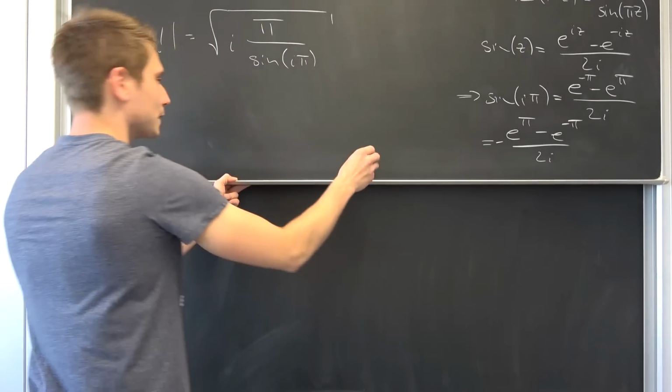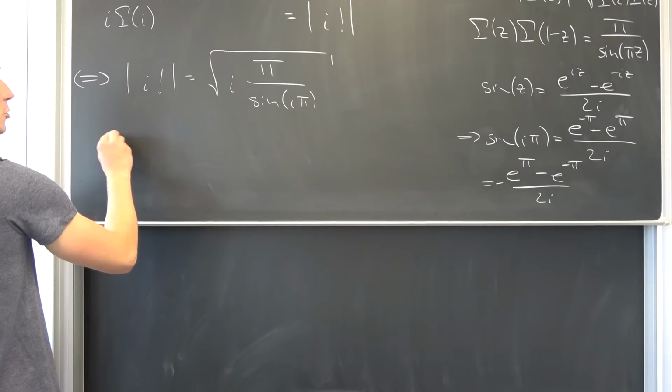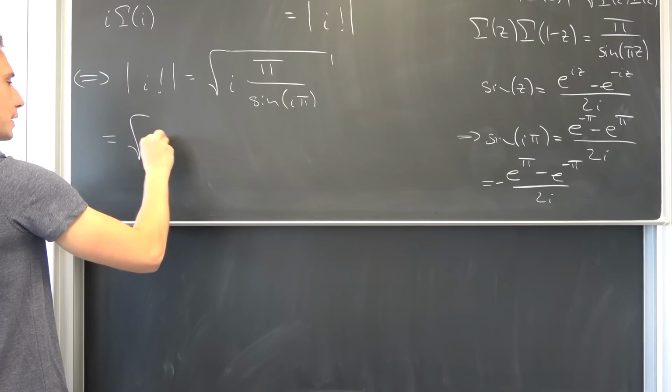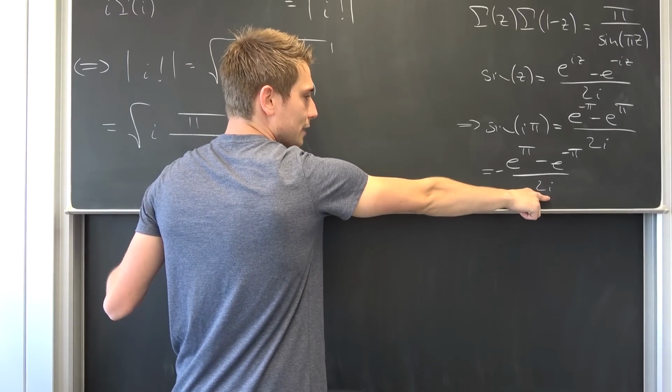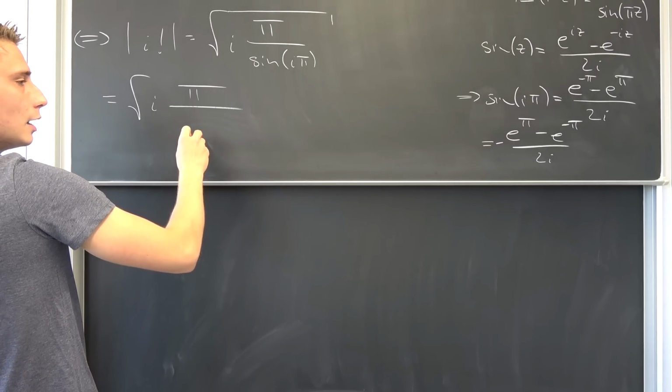We are going to get that this expression right here, I'm going to put it here, is nothing but, we have i times pi right here, over this thing right here is going to evaluate to,